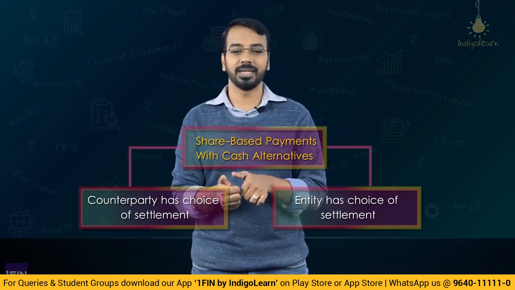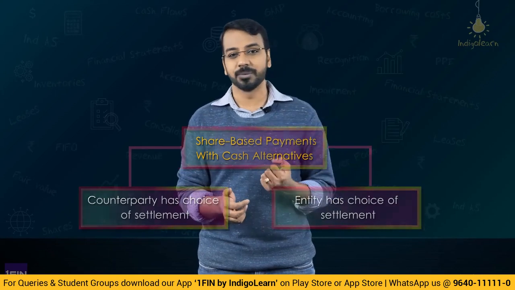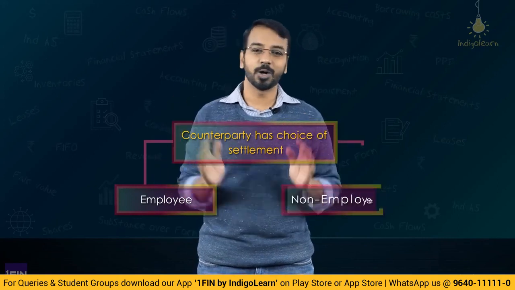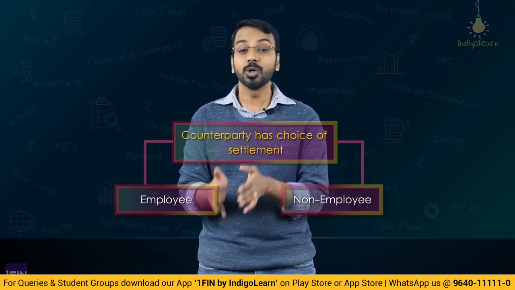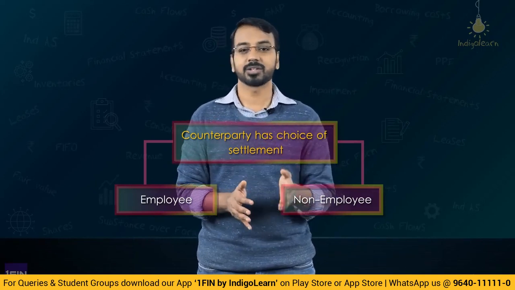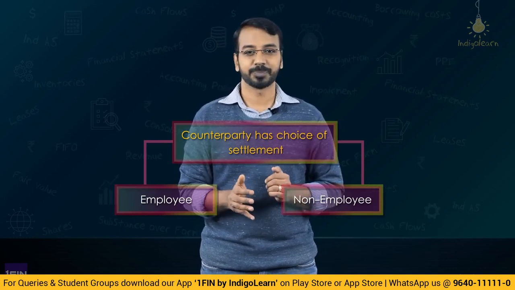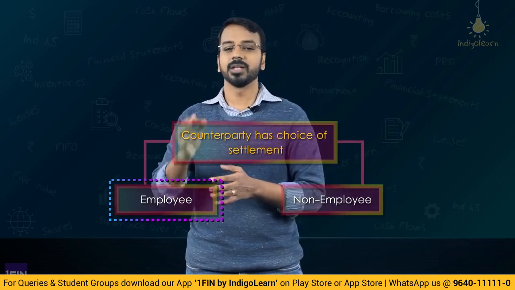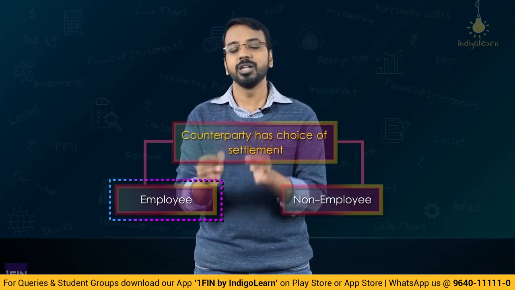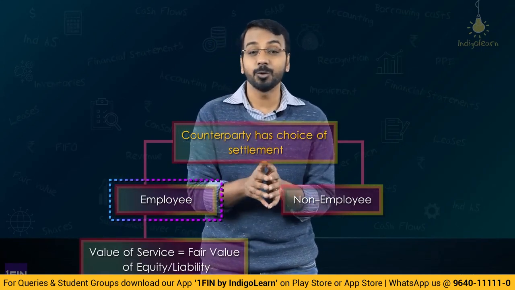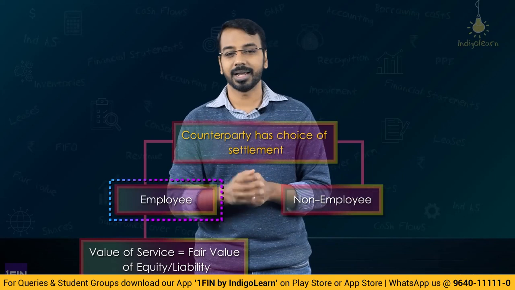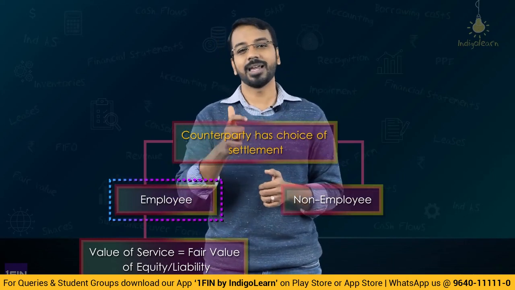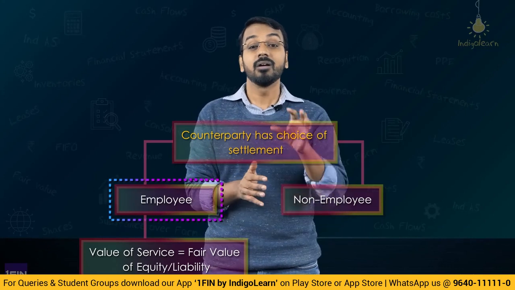Now, coming to the first category where the other party has an option. That other party may be an employee or any other third party. Now, in this case, how do we recognize the share based payment transaction which has a cash alternative? When it comes to employees, the value of services will be the fair value of equity instruments to be issued or the fair value of the liability which is determined, right? Because we cannot value the services reliably, we rely on the fair value of the